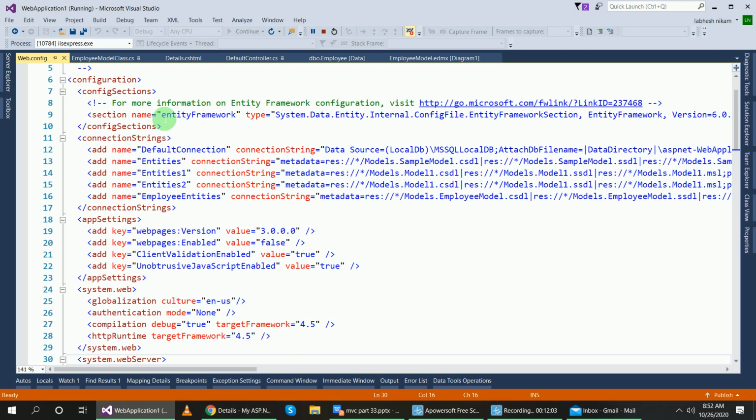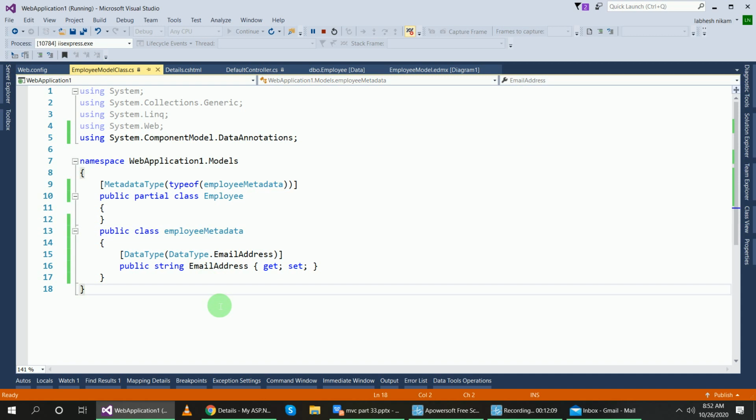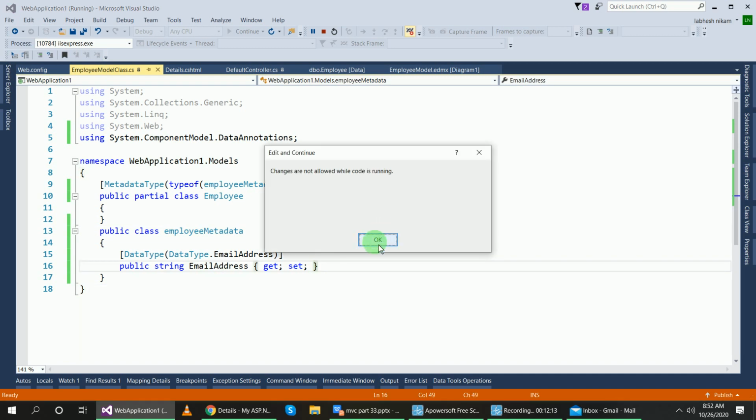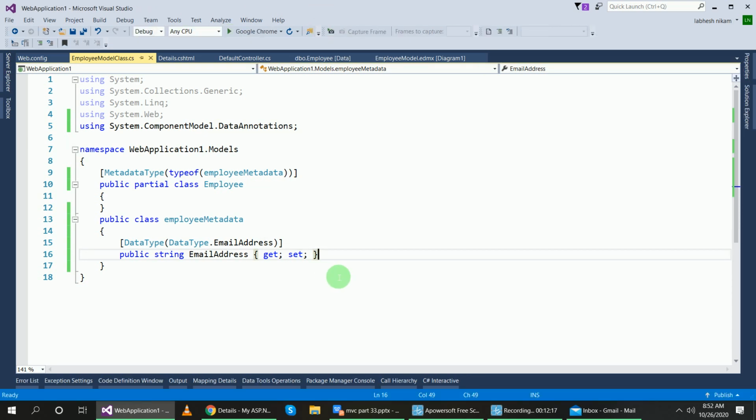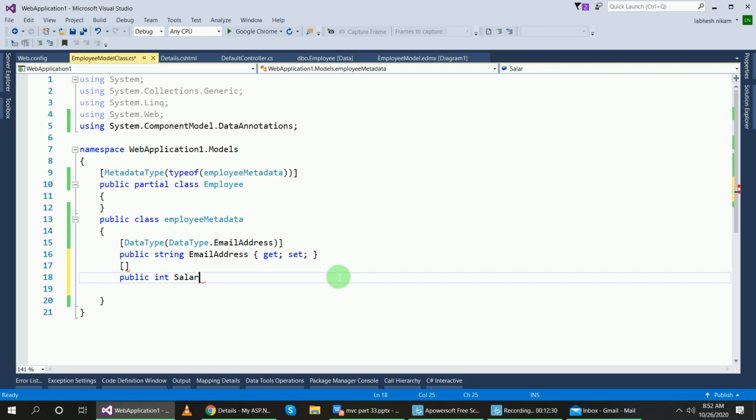Okay, now in this employee metadata class I will add about email address, not salary. Okay, so public integer salary get set. Okay,